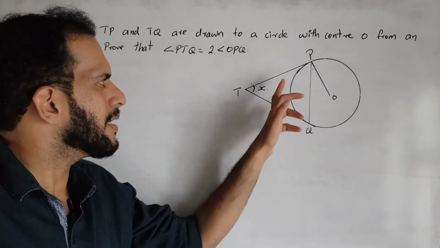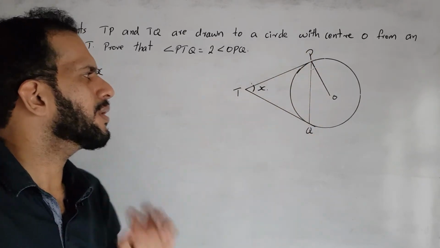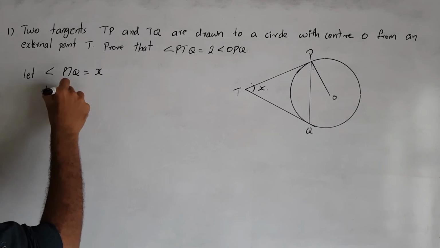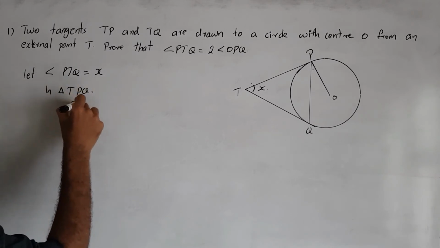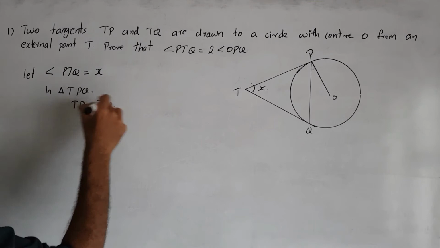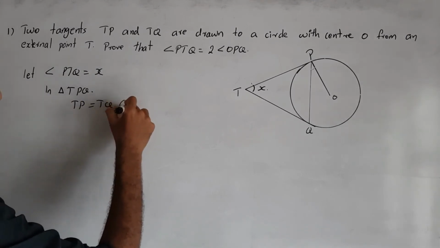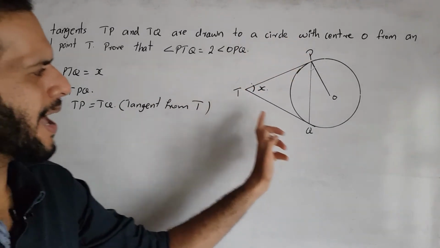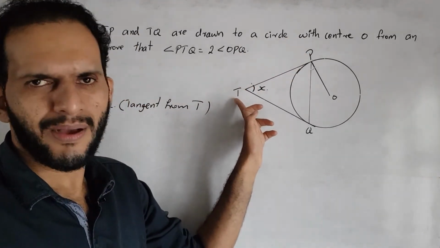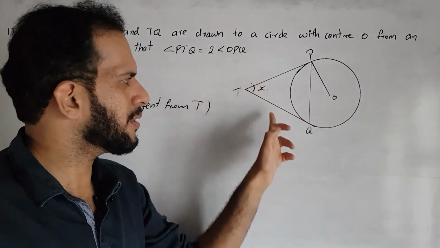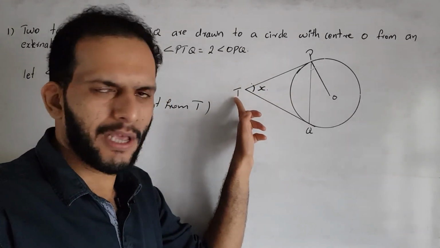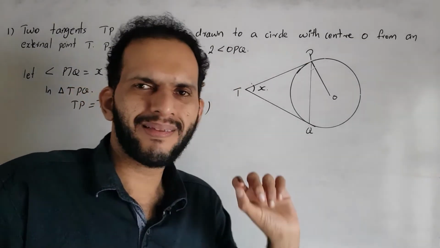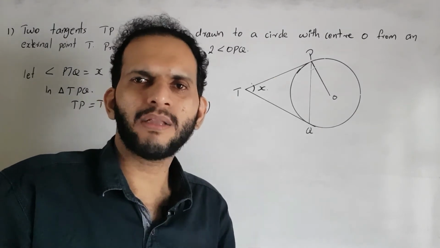Okay, it's very clear. In triangle TPQ, what is equal there? In triangle TPQ, TP is equal to TQ. Why? Because they are tangents from T, correct? TP and TQ are the tangents from an external point T. These are the two tangents drawn from the same external point T. So we proved the result that the tangents drawn from the same external point, the lengths of the tangents